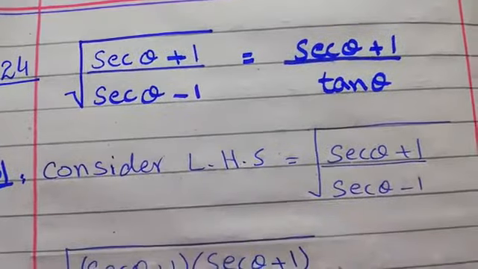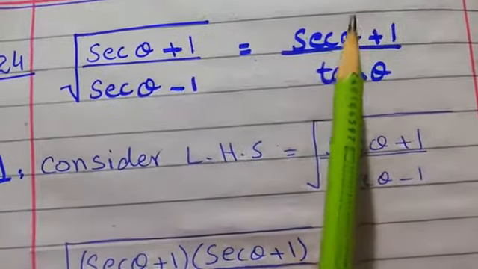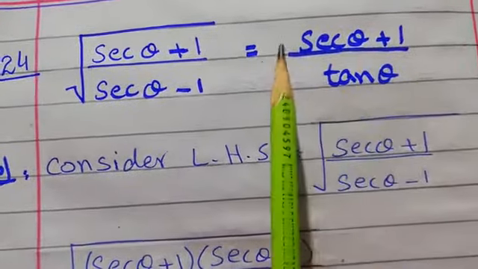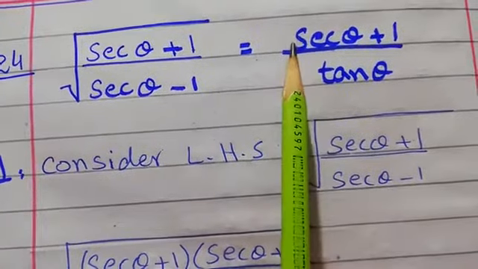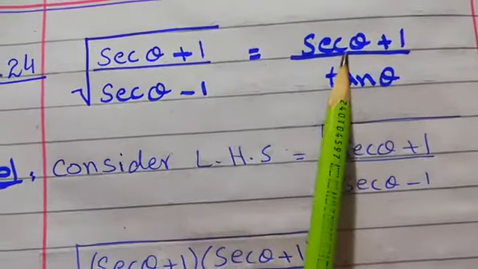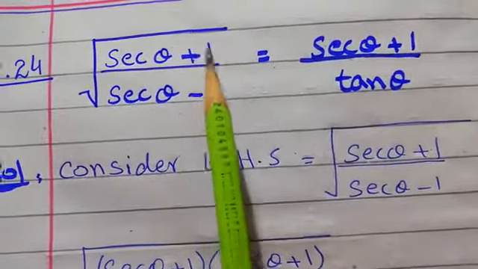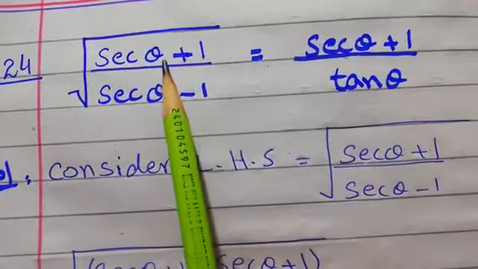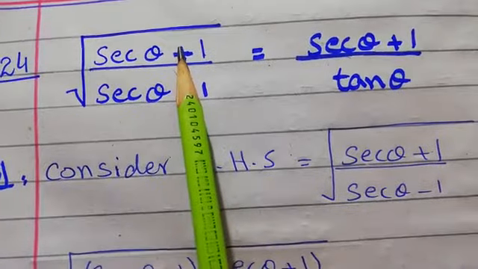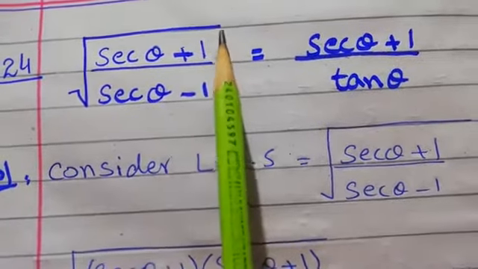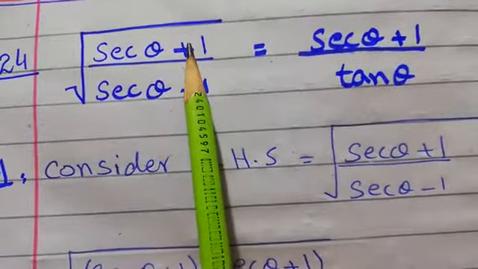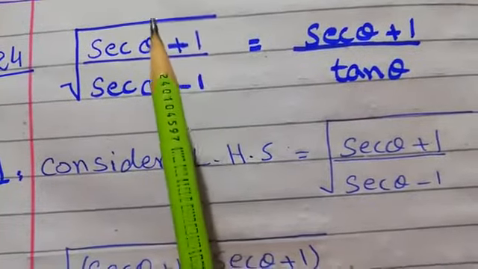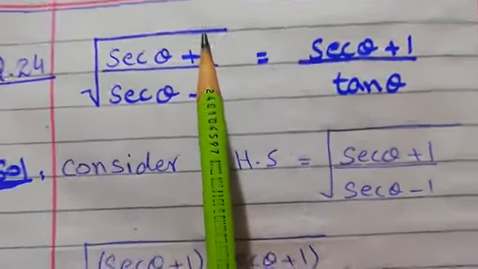It means it can be removed if we take the square of this value, because the square will be cancelled with the square root. So that's why this hint provides us that if we multiply this numerator by itself, then we can get the square of this one, and then we can remove the square by square root.